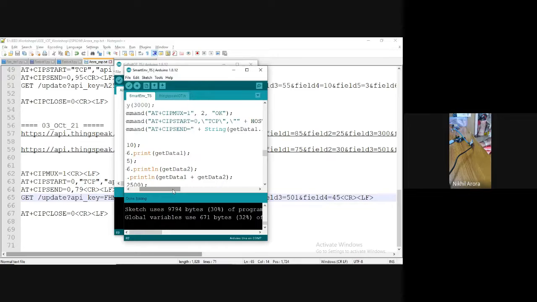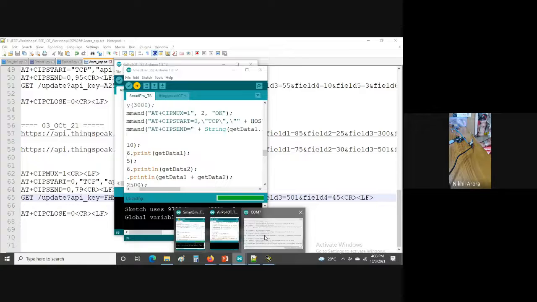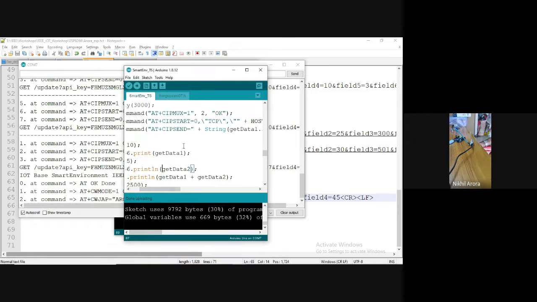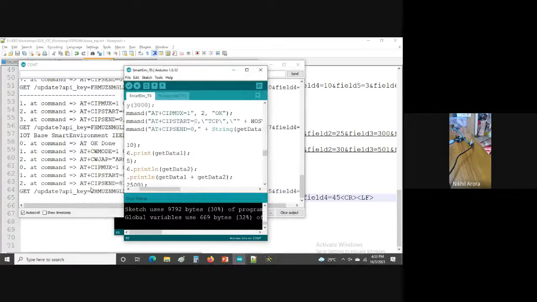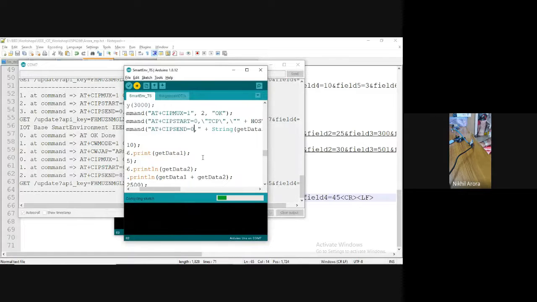Save. Load the program again. Oh, it came, OK done. Sorry, then that was required. Control Z. Save. Now I load the program again.